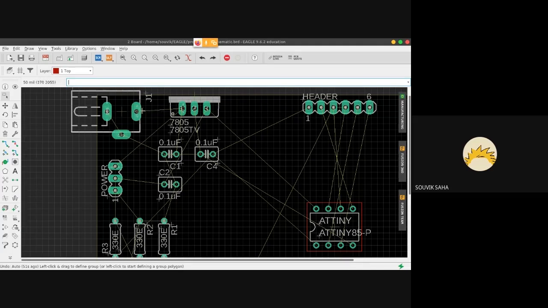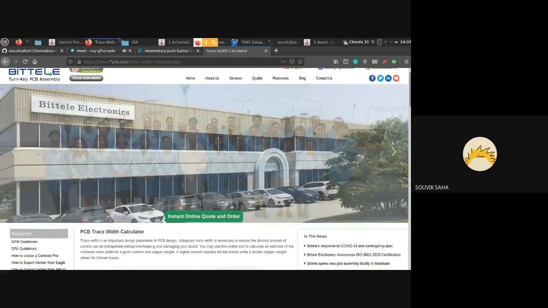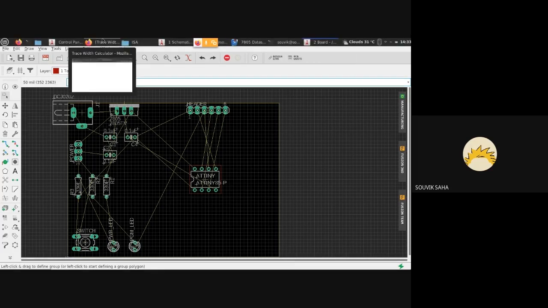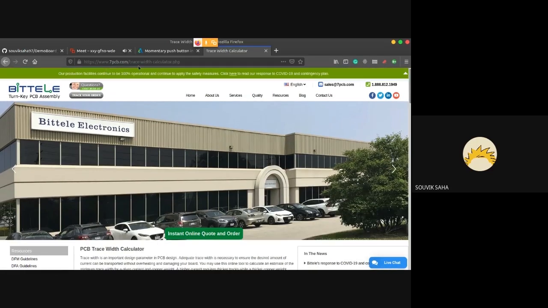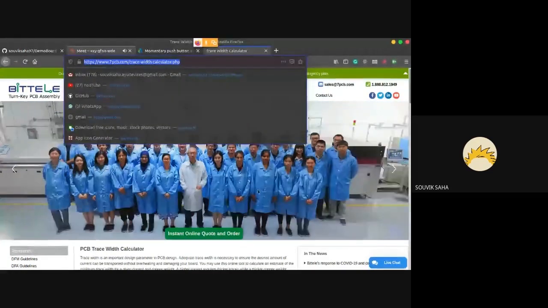So how do we decide what thickness of copper tracks we need? We need to figure out the thickness of the current carrying track to determine how much current it can carry without blowing up or heating up too much. There are numerous trace width calculators available. I'll put the link to this over here.